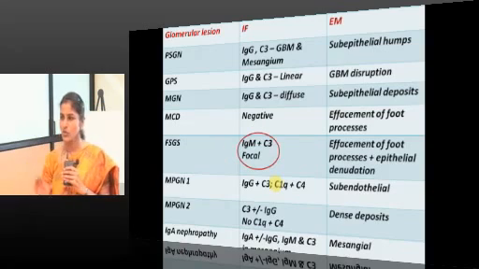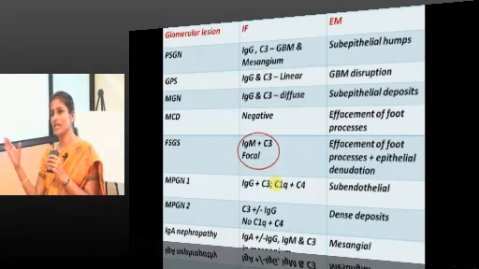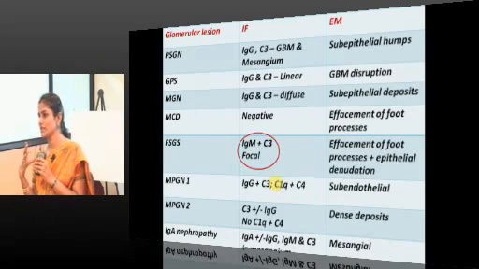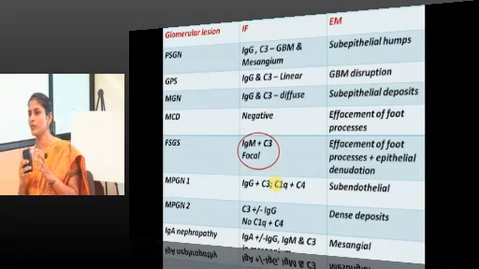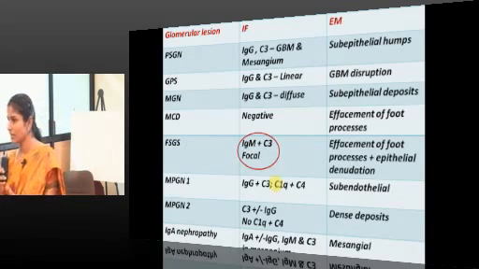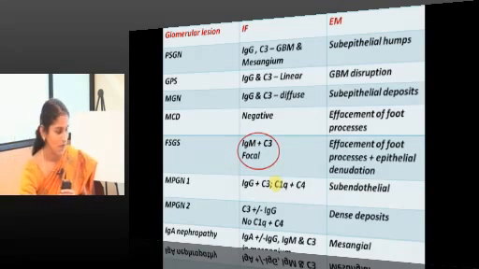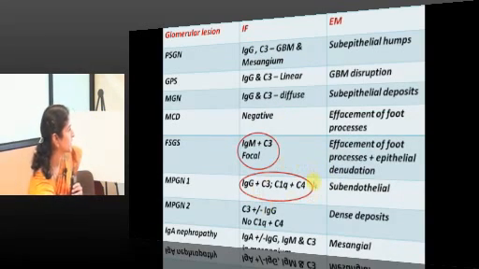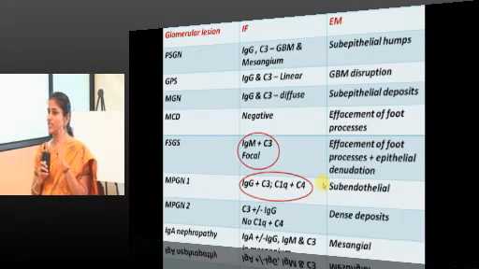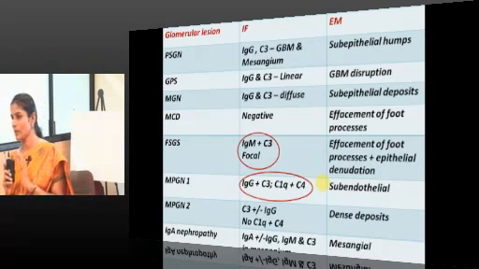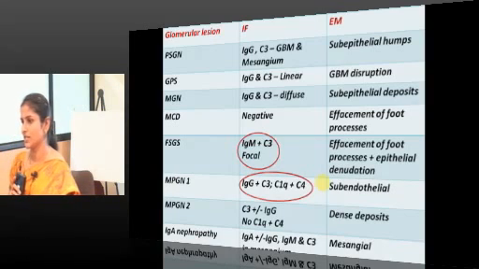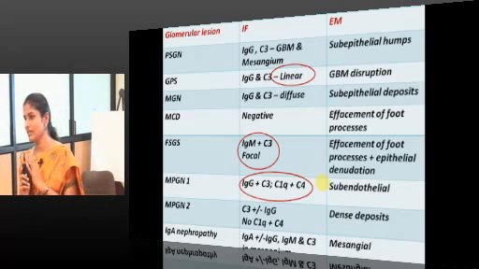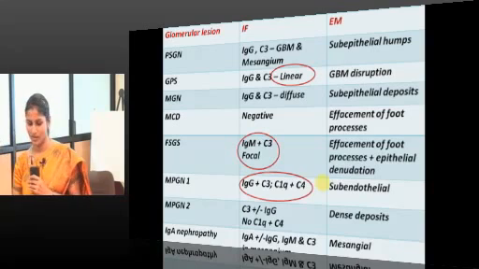You just need to remember that most of the pathologies will involve IgG along with IgM or IgA. The pathology that involves only IgM will be focal segmental glomerulosclerosis. Most of the time you may not be able to find any deposits in FSGS; either it will be none or IgM, and mostly you can say it will be C3. The one pathology where you can see early complement components will be MPGN type 1. So, in MPGN type 1 you have deposition of early complement components, and in FSGS you have IgM; all the rest will have only common features. And Goodpasture's is the only disease where you have linear deposits of immune complex.